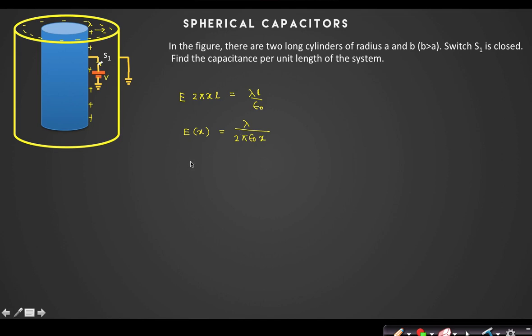So if I have to find the potential difference between A and B, dV equal to minus E dot dx. Here it will be good to write r only, because this electric field is radially distributed. What is the direction of the electric field? Definitely r cap. So I can use the concept dV equal to minus E dot dr.